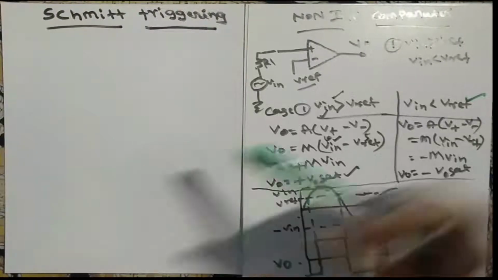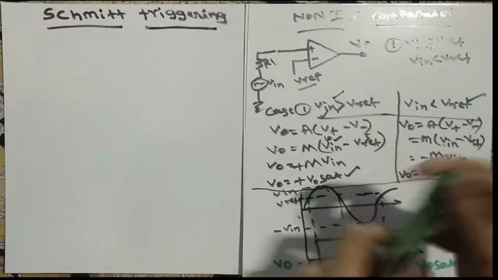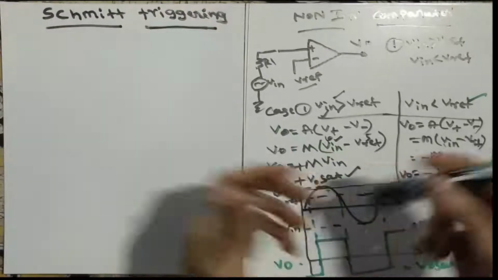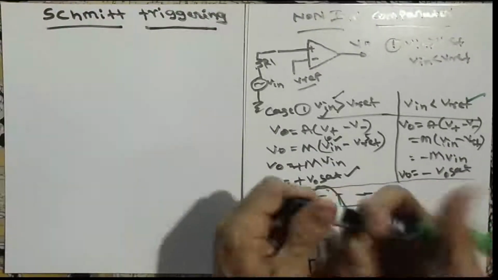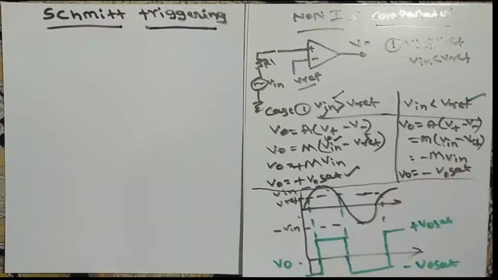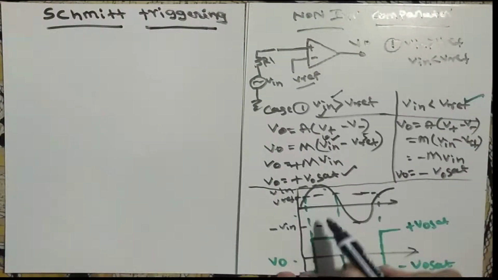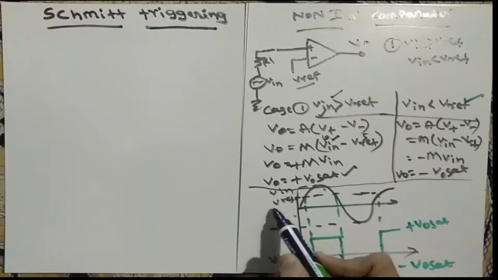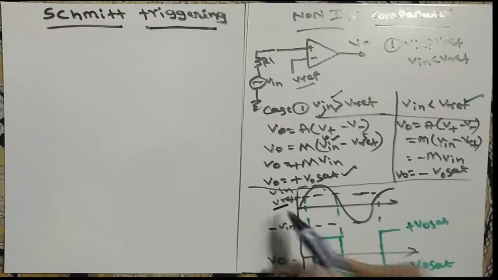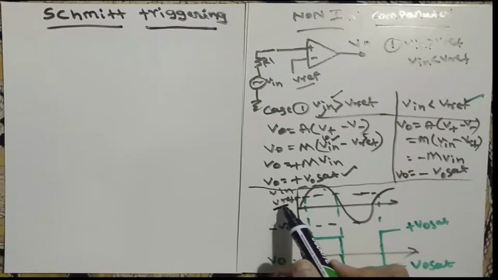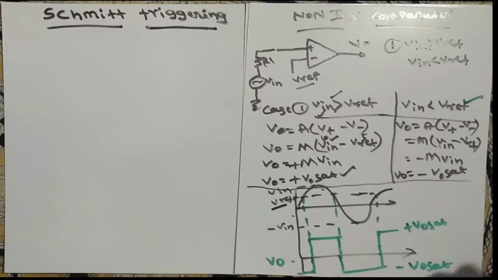Next, we will discuss Schmitt triggering. It is nothing but a type of comparator, but instead of one reference, we have two references in this particular circuit. If you have taken any inverting or non-inverting comparator, we take an input and one reference. What does this reference mean? This will decide what type of output I have to get.